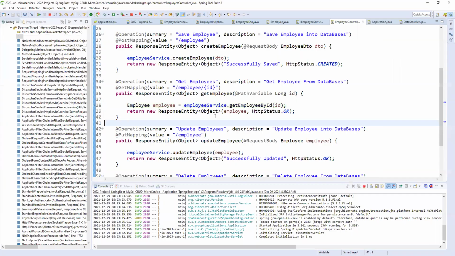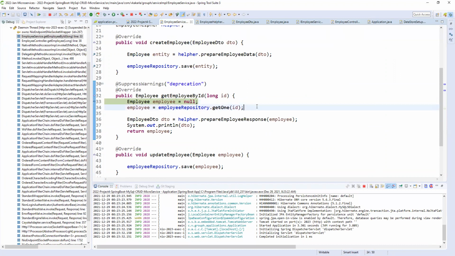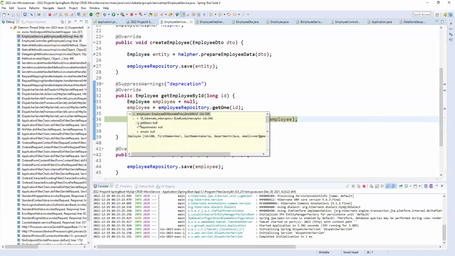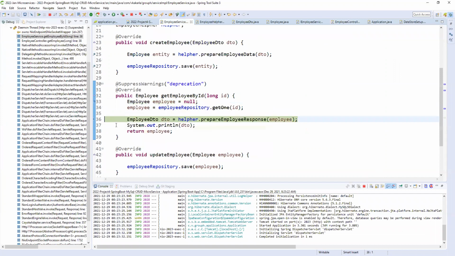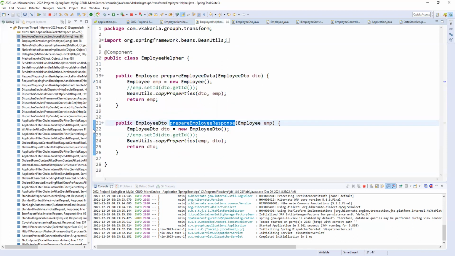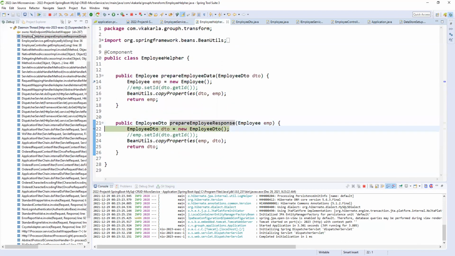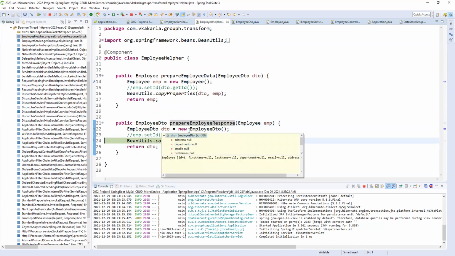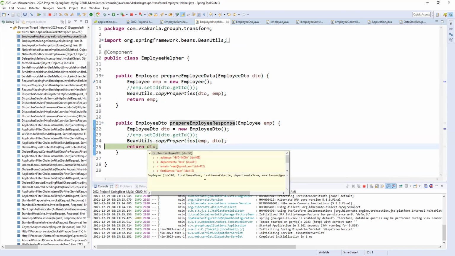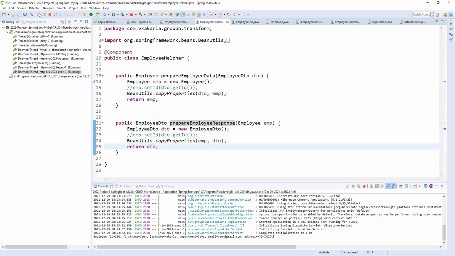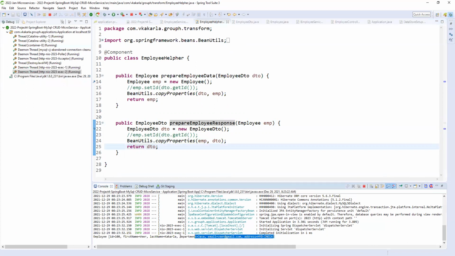So I'm coming to the next level. Oh, okay. So here we have an employee entity, and we have all the values here, right? Whenever we are having values here, we are passing here, and I just want to check whether we are getting values or not. If you see here, the initial values are empty DTO. After that, obviously DTO will have the values. So the same way we can return, right? All the DTO values are printed here.